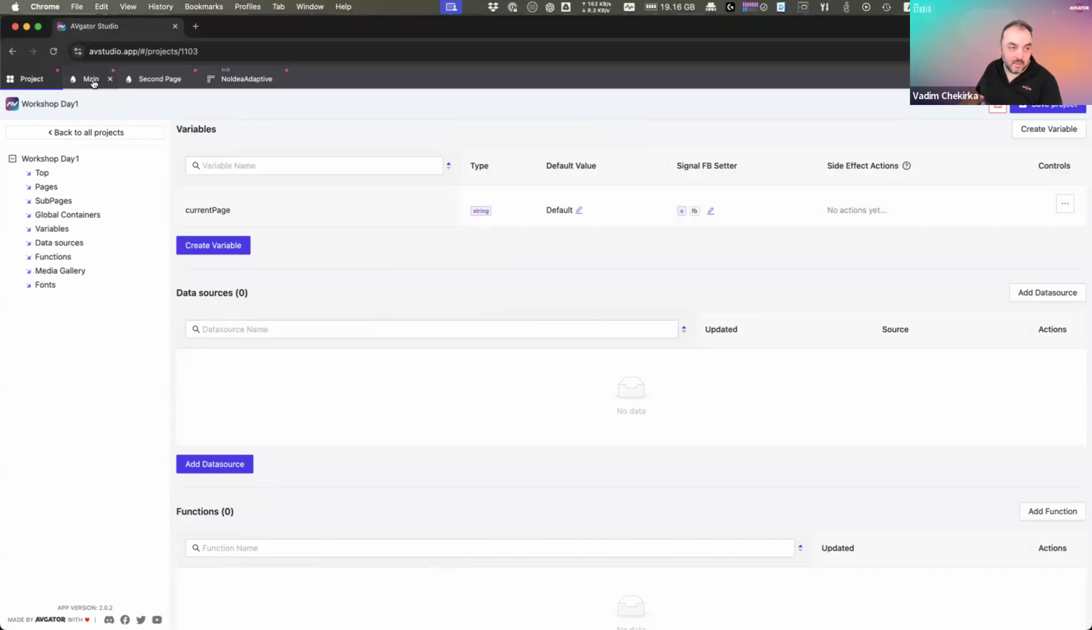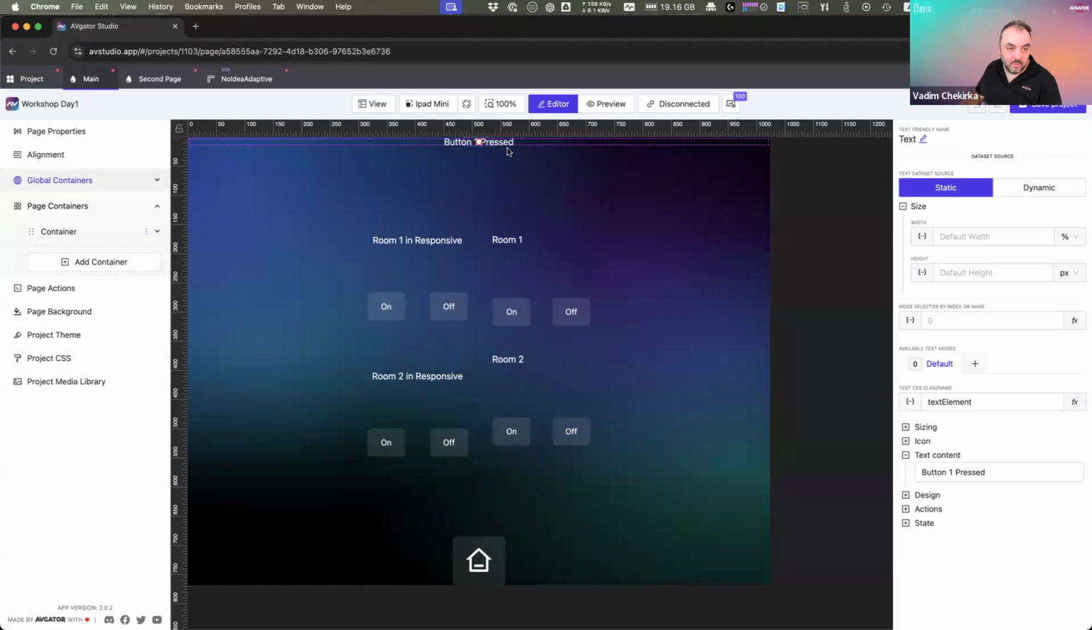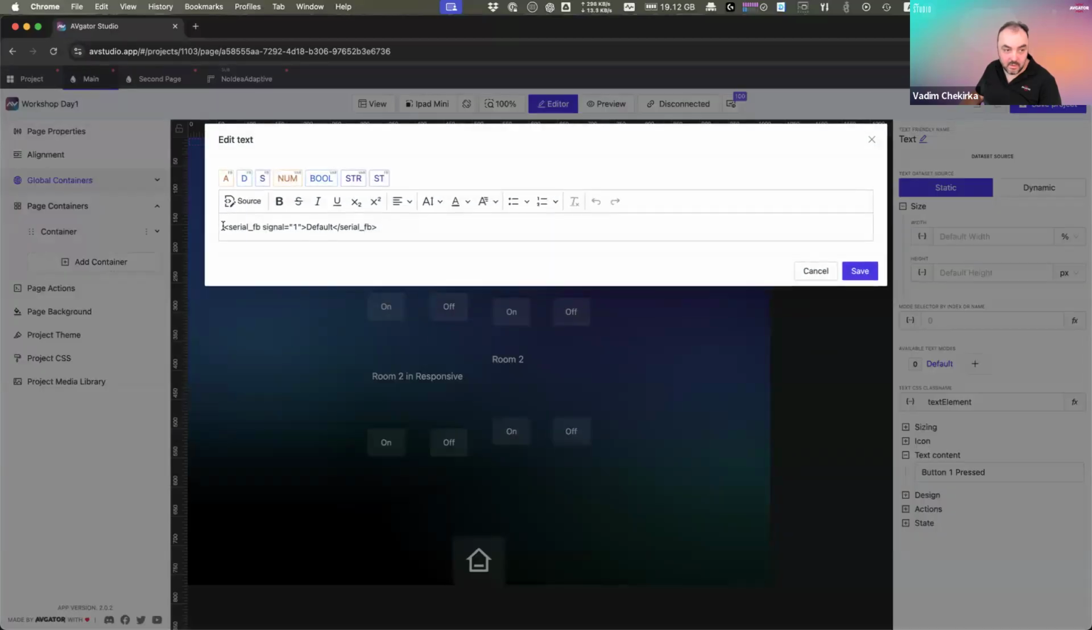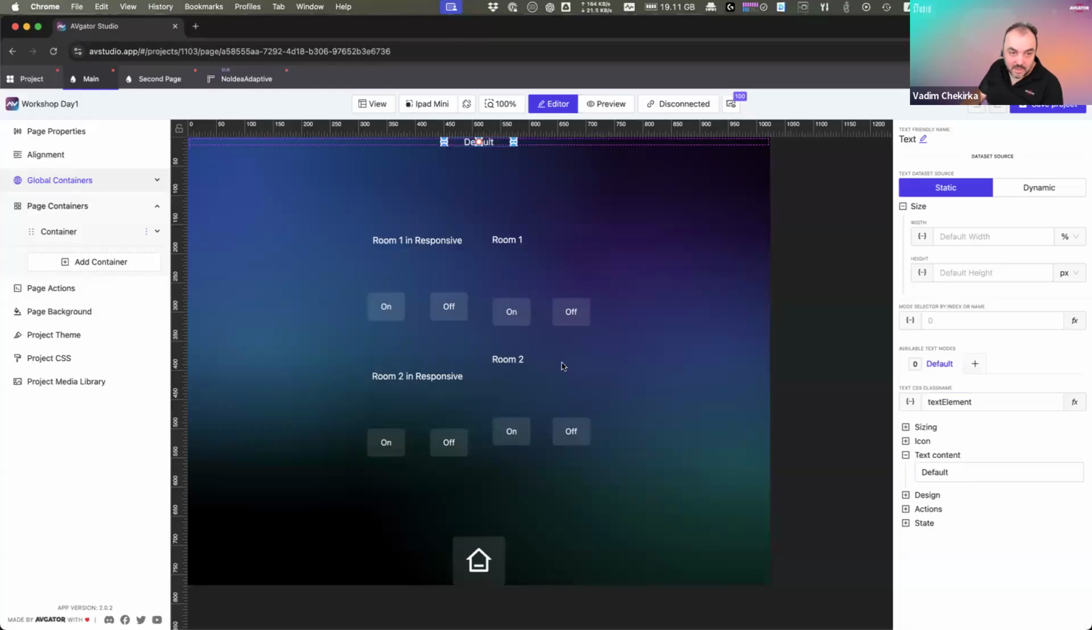Okay, what next? Next, let's return back to the header. We have our text, and we will replace it from the serial feedback. We're going to remove this, and instead of this, we will use variables string, and here we select the current page. So right now we broke everything we had before,